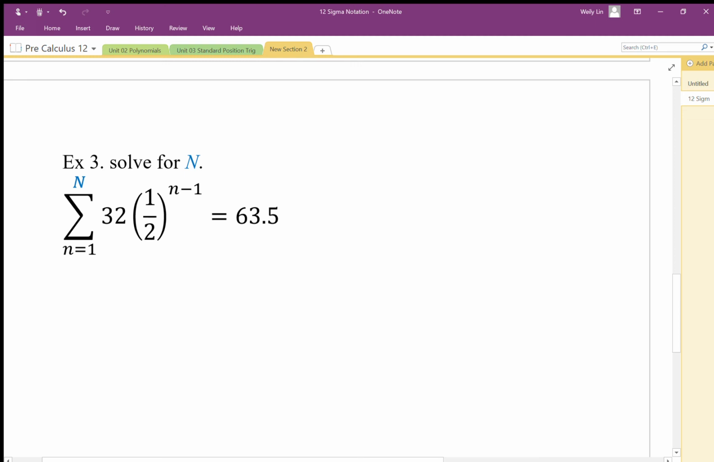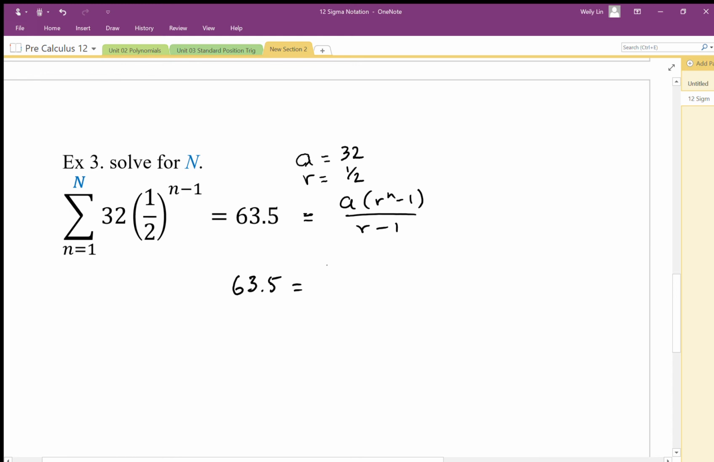But we do have some help here again, because since this is a geometric series, we have a formula for the geometric series, as long as I know what a is and r is. So let's identify that first. A is going to be 32. R looks like it's 1/2. I have a formula that lets me calculate this. It's going to be a times r to the n minus 1 over r minus 1. So I get this equation,